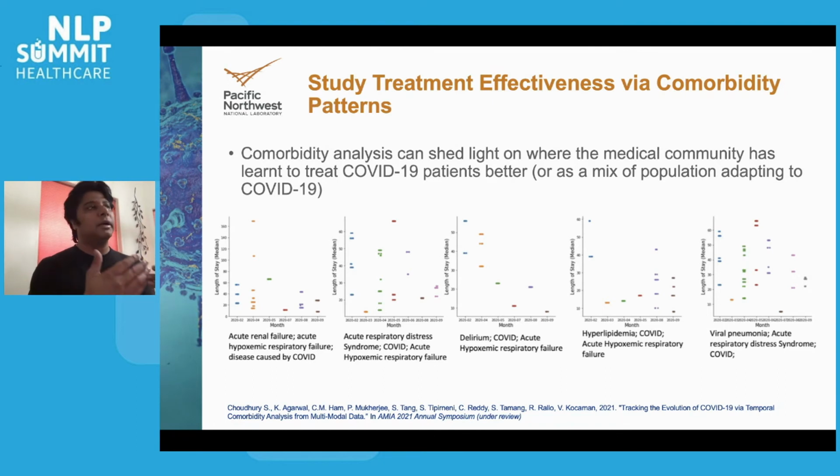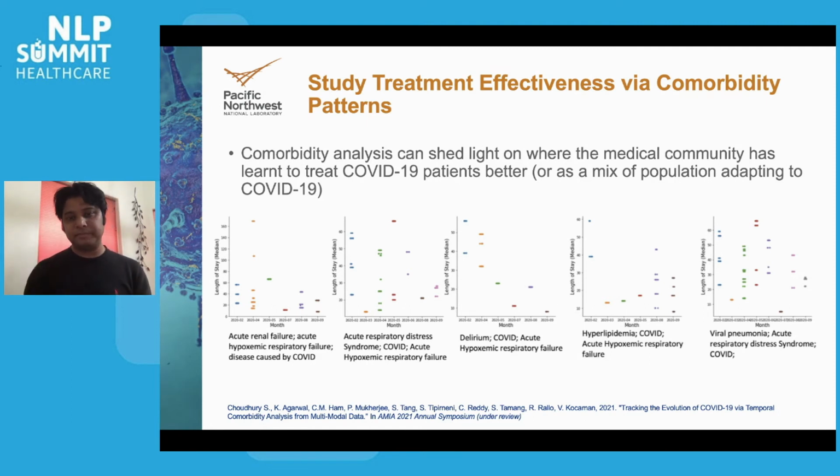It could be either a better treatment, it could be a change in the population's behavior, whatever it was, but things improved. So if you look at the one in the middle, you can say that definitely things improved for patients who had COVID, acute hypoxemia, delirium. But for some of the other ones, if you look at the second one from the right, actually the length of stay didn't flatten or come down. You could say at least it stayed flat, or it might even have gone up. The same perhaps could be said for the second one from the left, that there was no clear improvement in